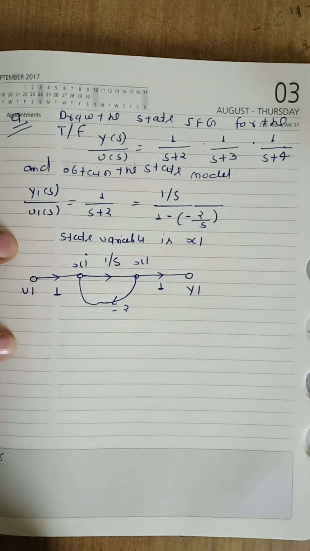Similarly, sum of product of three non-touching loop gains is 0. And path factor del 1 is 1. Path factor del 2 is 1 if we have second path. But here we have only one forward path. That's why I am saying